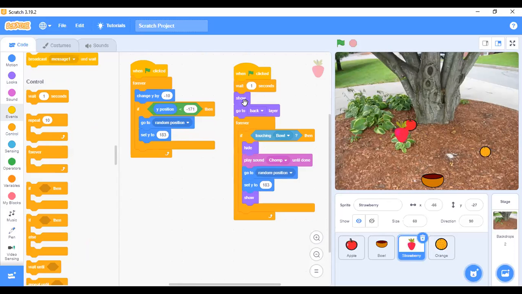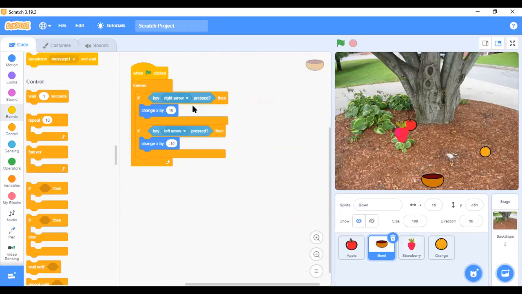So I will teach you how to upload from your gallery, and I will show you the code for this. This is the code for the bowl. This is the code for the bowl. Jesse Abbas, this is the code for the bowl. I've done that previously. That was the first thing I did.